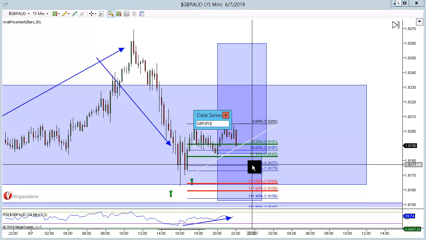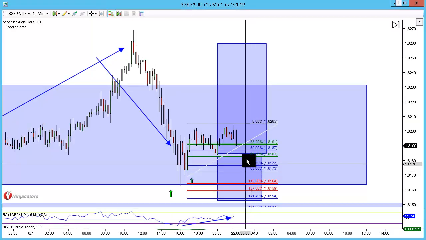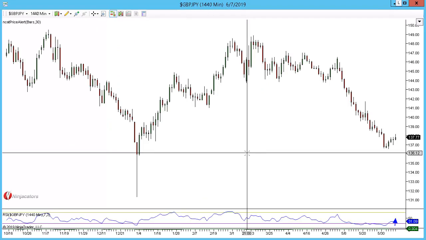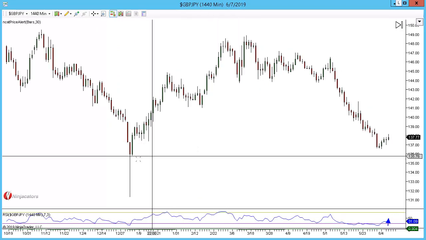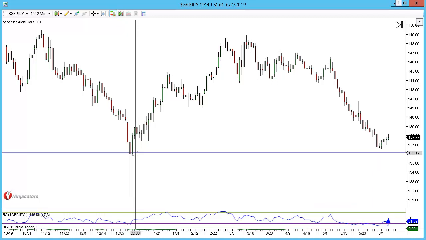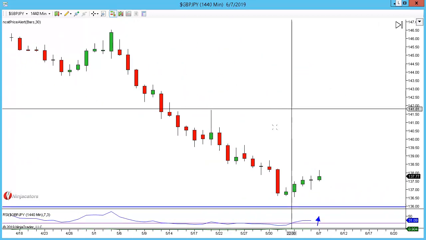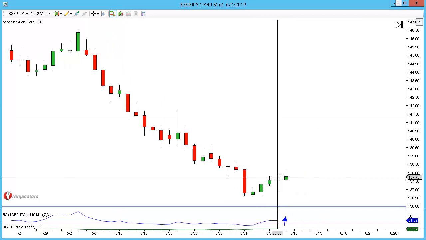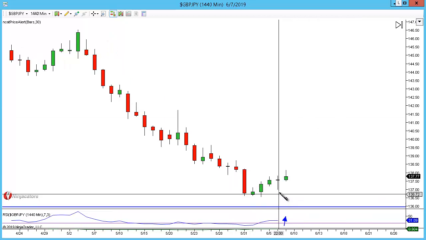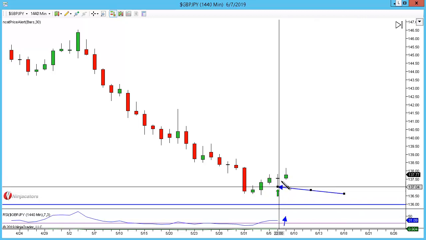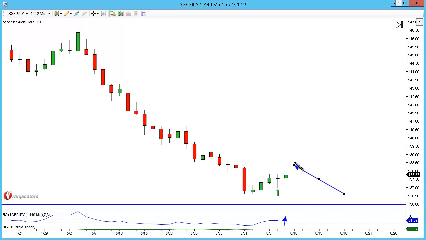And the last one really is going to be the pound yen. We've got a potential AB equals CD pattern. And I'm going to be looking for a double top. So structure level on at the lows here. We're still looking at the market coming lower, but right now we are putting multiple higher closes. This candle here is a rejection candle, indicating that there's buying pressure here, so we could still see some movement